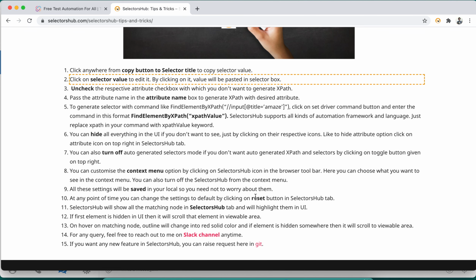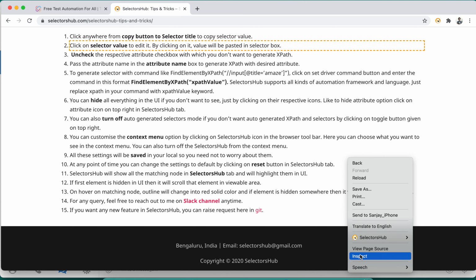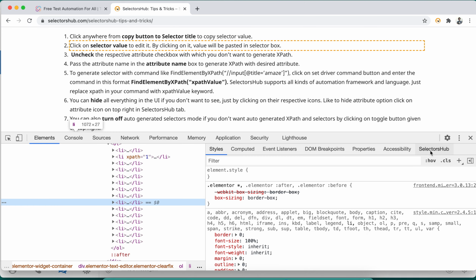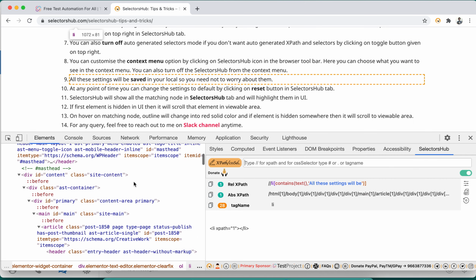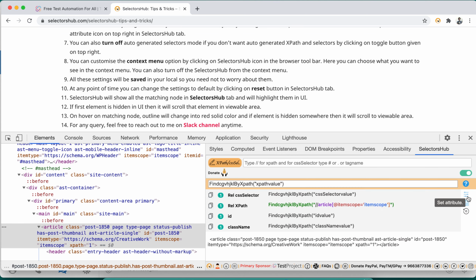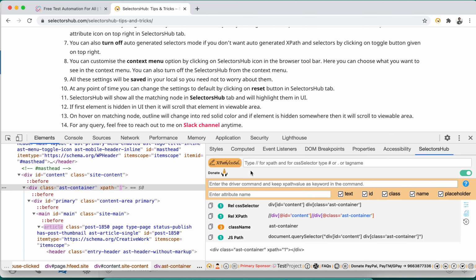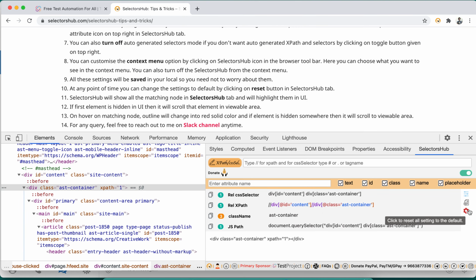At any point of time, if you want to reset the values, whatever settings you have done, you want to make them default. So what you do, open Selector Sub over here like this, and there is a reset button. Click to reset all settings to the default. Like you see that there's a command you have saved, you have unchecked this one, so you click on this, it will reset to the default one. Now if you inspect or do something, it will be over there.